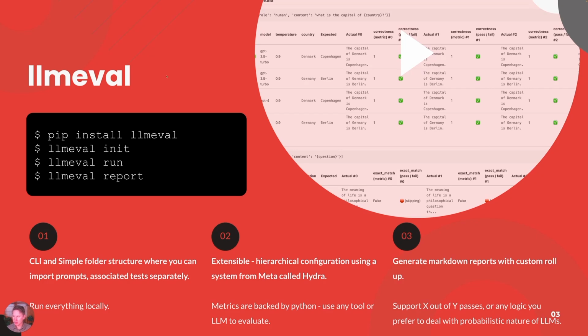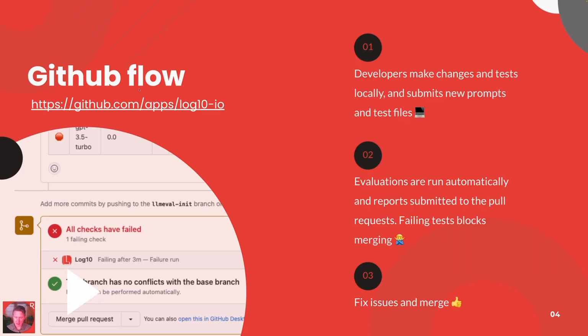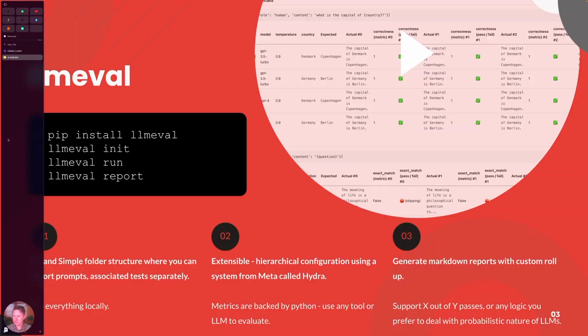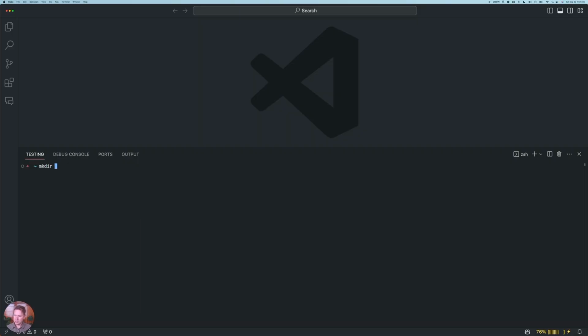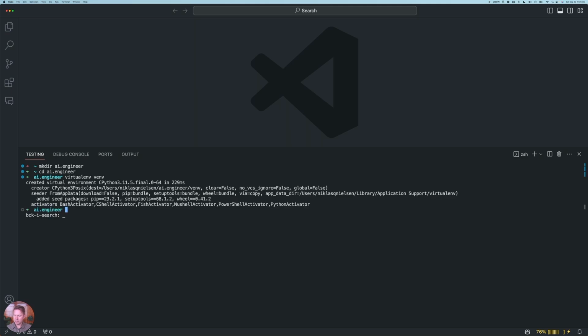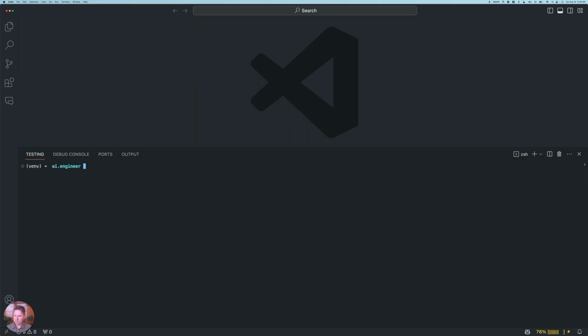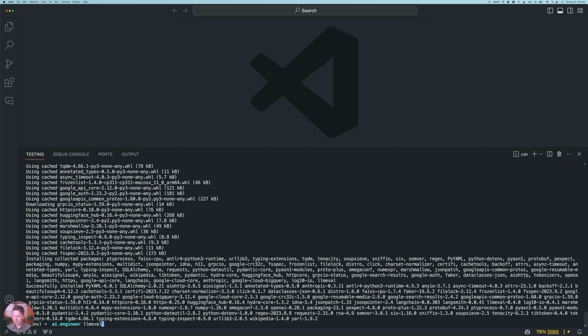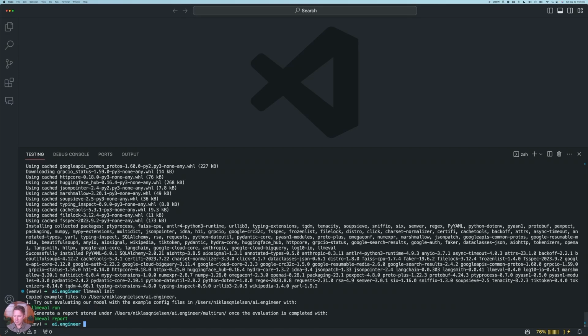We're going to jump into the command line and take a look. We're just going to create a directory for today, go into this directory, and create ourselves a virtual environment. From here, we're going to install llmeval and initialize the folder structure. What we should be able to see here is